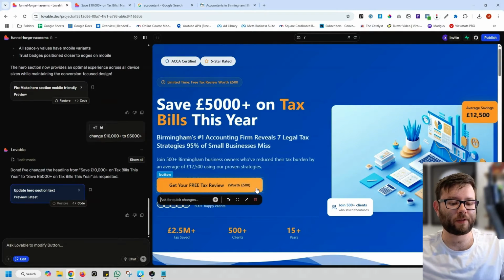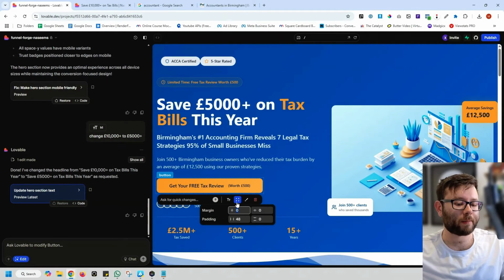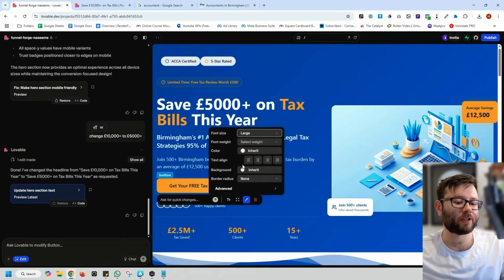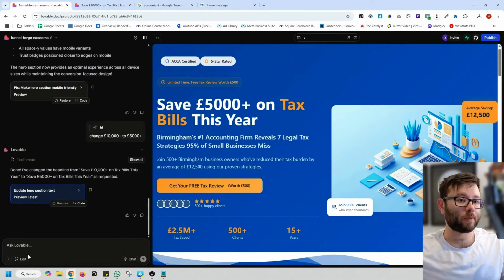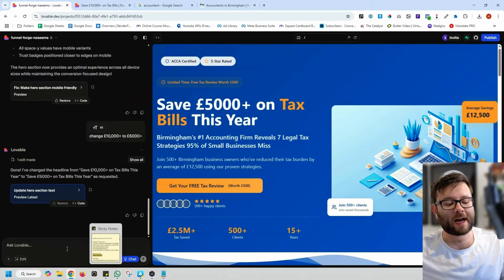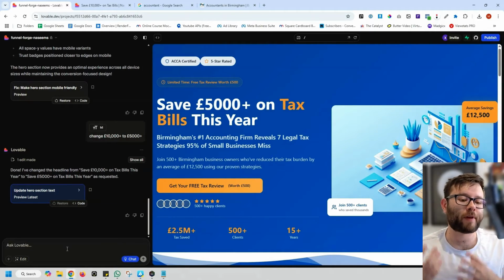Or if we want to click on this button, this will show the edit content options, the margins and padding, or even the styling, so we can change the font type and the backgrounds and stuff like that. Another really important thing to remember with Lovable is they actually have a chat feature, where you can brainstorm with Lovable, make changes without getting a clear idea of what Lovable is about to do for you next, or if you're not sure what direction to take your app, you can brainstorm all of that